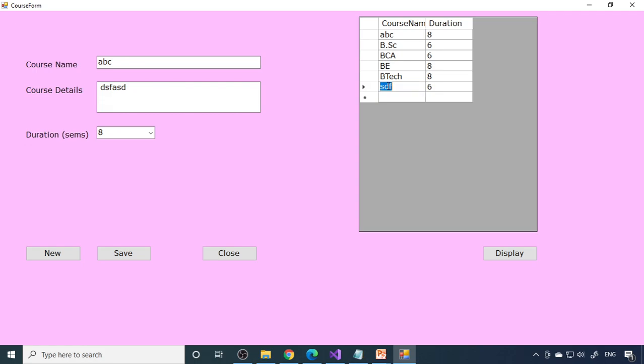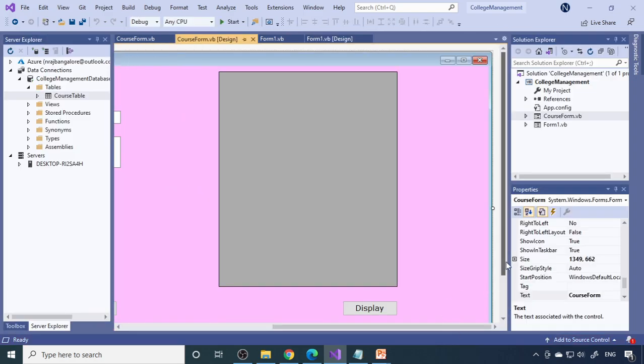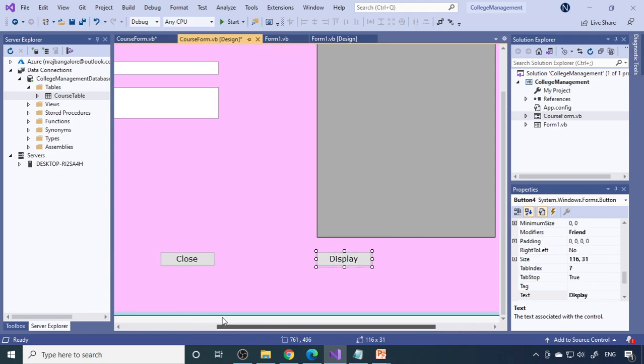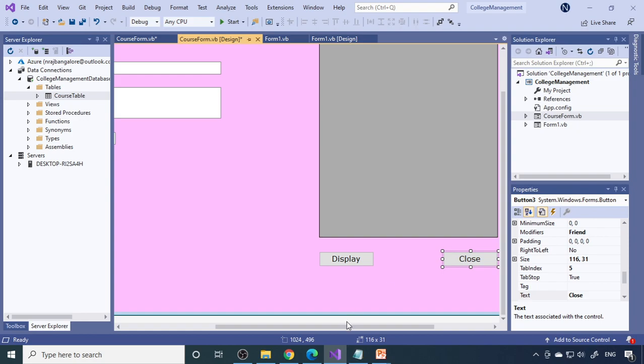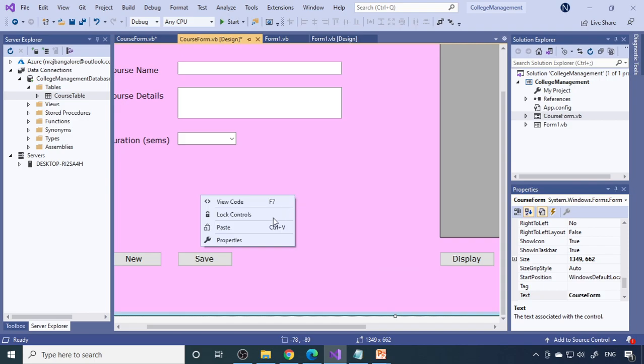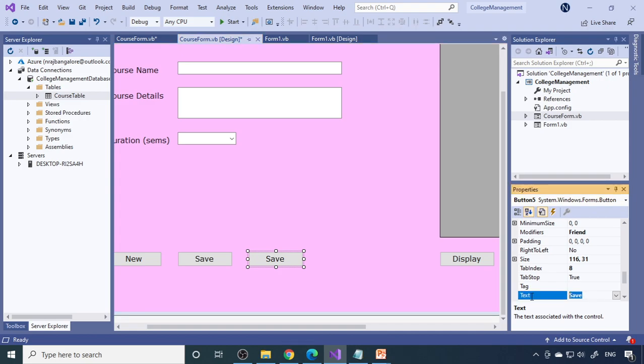The first step is that when you click here, we need to bring the data back from the grid to the text boxes. Once you can see this data, you can have one more button, the delete button here, so that you can delete it. I'll show you how to do this. First you can have one button. Now we'll take the close button to this end. Let it be there. Copy this, right click again, paste. You can call it modify.